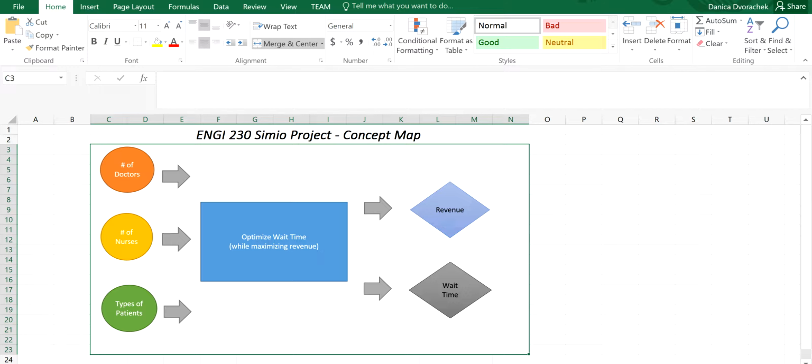When we were assigned this project, we didn't really know where to start, so we decided to come up with a concept map to map out what we wanted to optimize, give us those inputs, the functions, and the outputs. So we came up with this here, and we decided that the best thing to optimize for us would be to minimize the wait time while maximizing the revenue. So minimizing the wait time that patients are waiting to see a doctor, and then maximizing the revenue for the